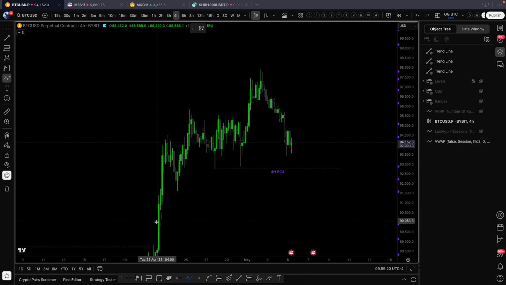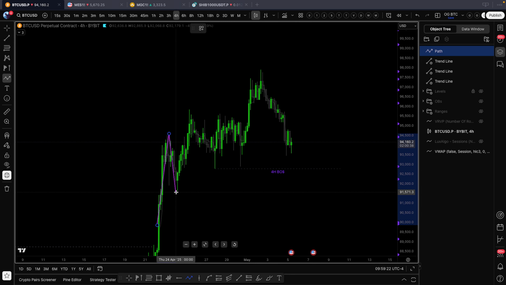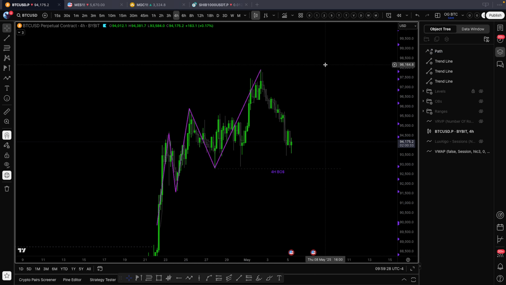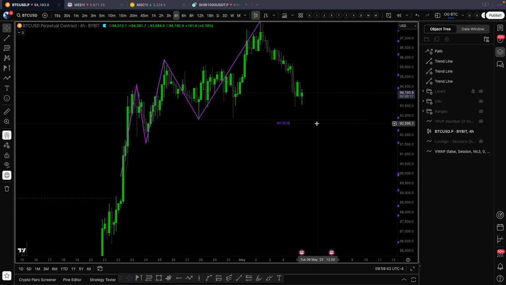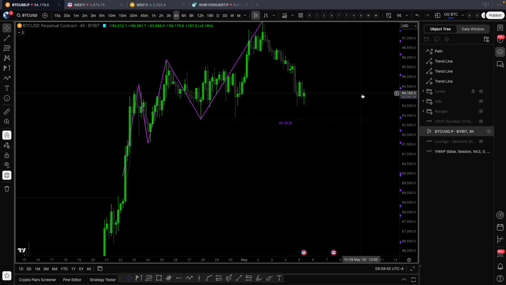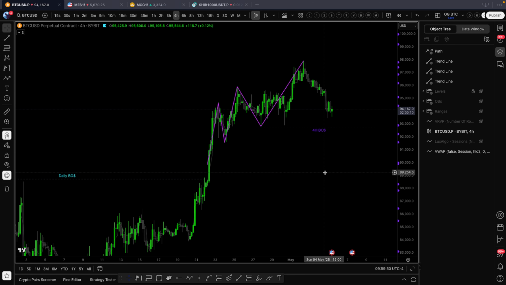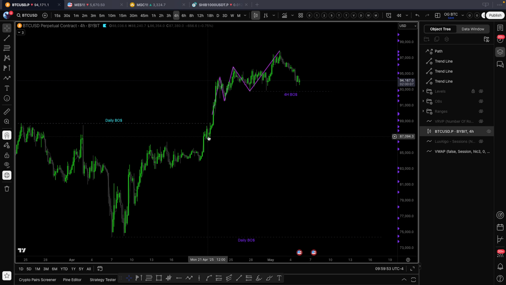Again, let's draw that in. So we come down from the low, break that high, find a new low, and that is our 4 hour structure. So this low right here is your 4 hour structure to break. If we break candle close below this low, then I am looking to break this low and then come back somewhere in the supply range to find a nice short down to our daily demand area,